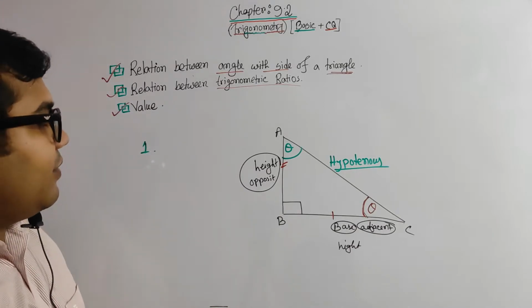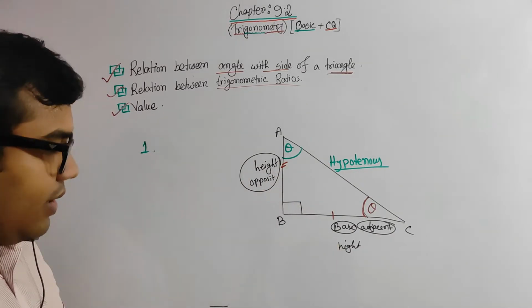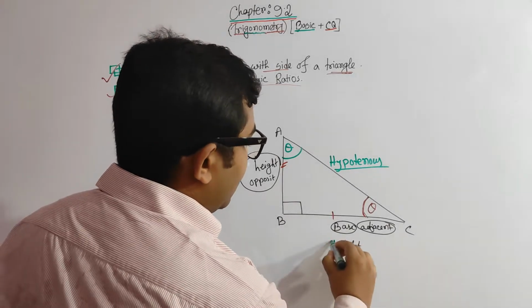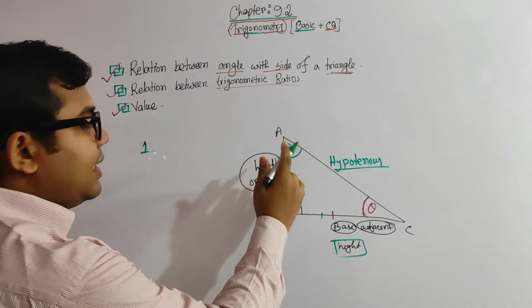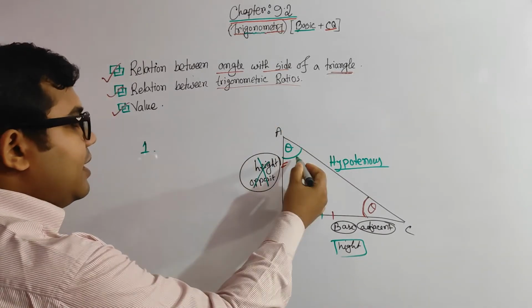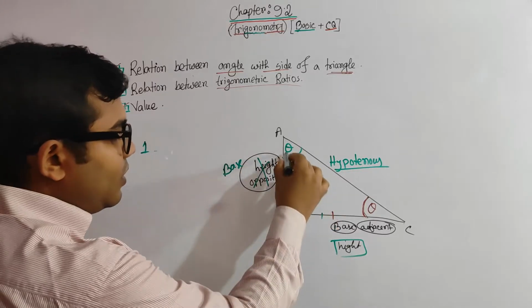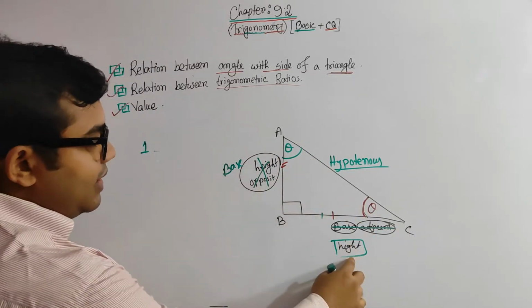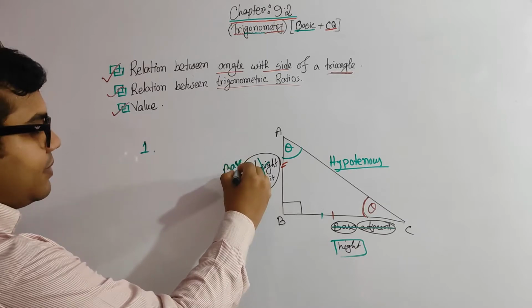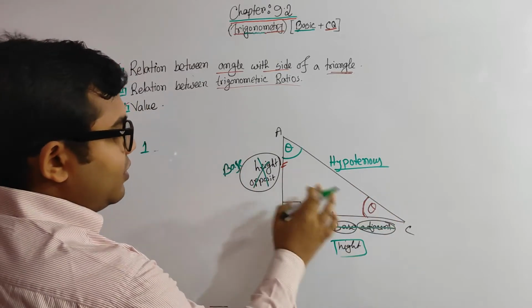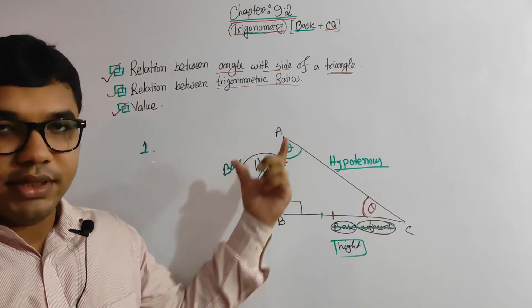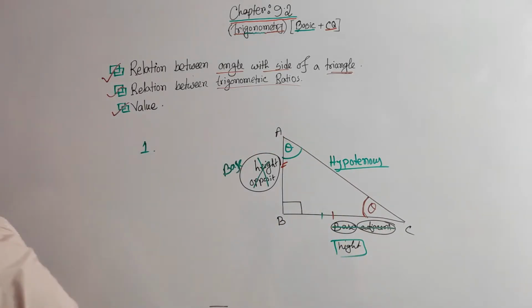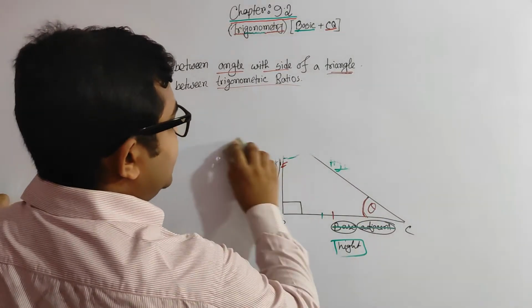Clear? So when we are going for this angle, this is our required height, the opposite side of this angle. And when we are thinking about the other angle, then this will not be the height, it will actually be the base. So in the case of this angle, this is the height and this is the base, and in the case of the other angle, this will be our height and this will be our base. So this is the relationship between the angle and the sides. Thank you.